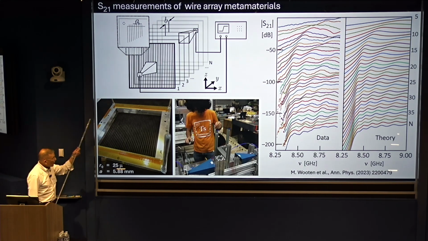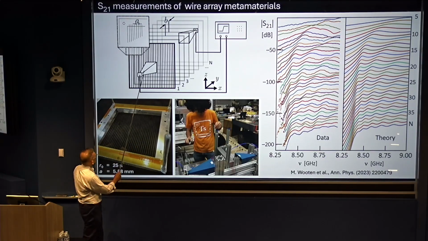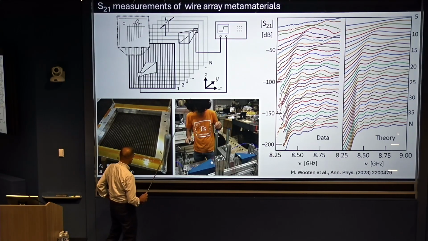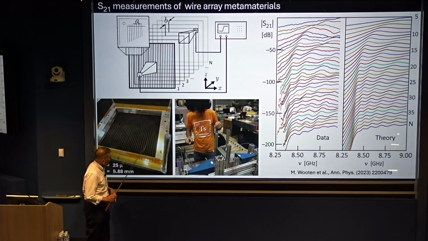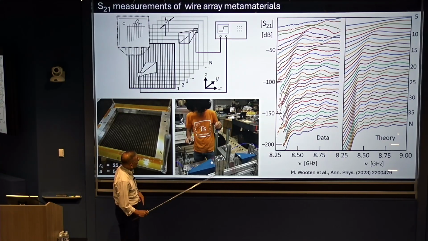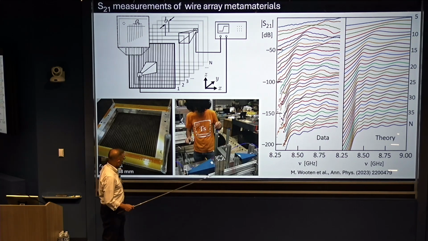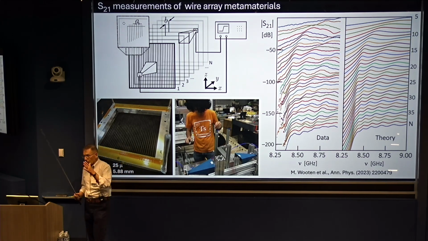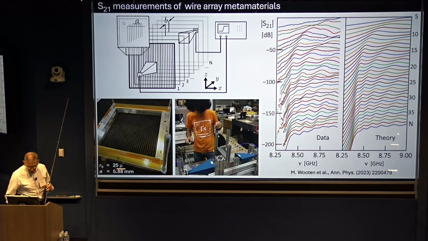the fundamental demonstration of wire array metamaterials by what are called S21 measurements, basically transmission measurements, where we made many identical planes of wires spaced by about 6 millimeters. There was one of my undergraduates, now at MIT, and then stacking them 1, 2, 3, 4. And this was, I think, the moment when I became a believer in this, when you start stacking as many as 3 or 4 planes, you all of a sudden have a plasmonic behavior,